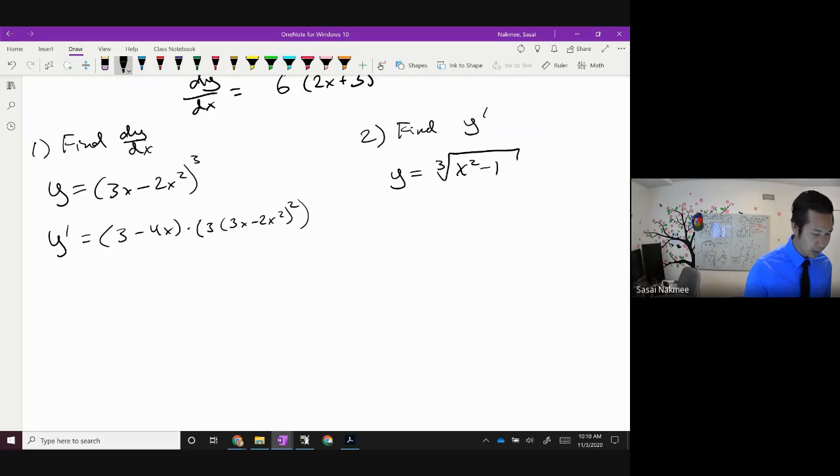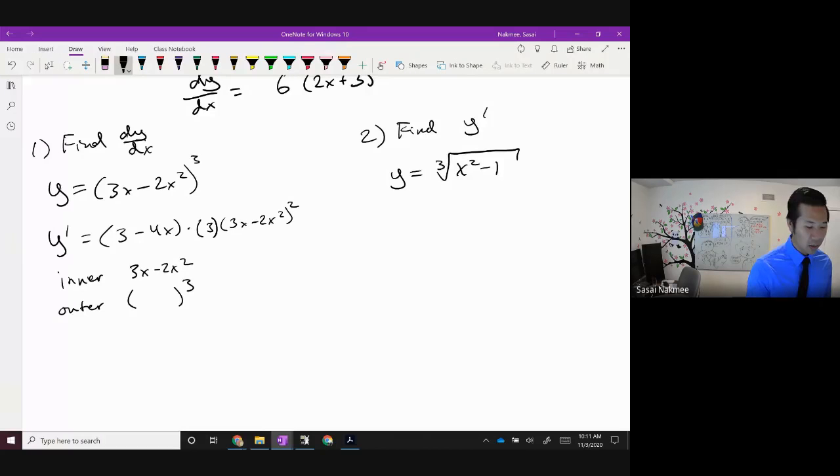You could do it like that, or you could do it like how everyone else did it, which was like that. That works as well. Okay? That works as well. Again, what helps, I'm telling you, is list the inner, right? And the inner function in this case was 3x minus 2x squared, and then list the outer. And the outer function is some stuff